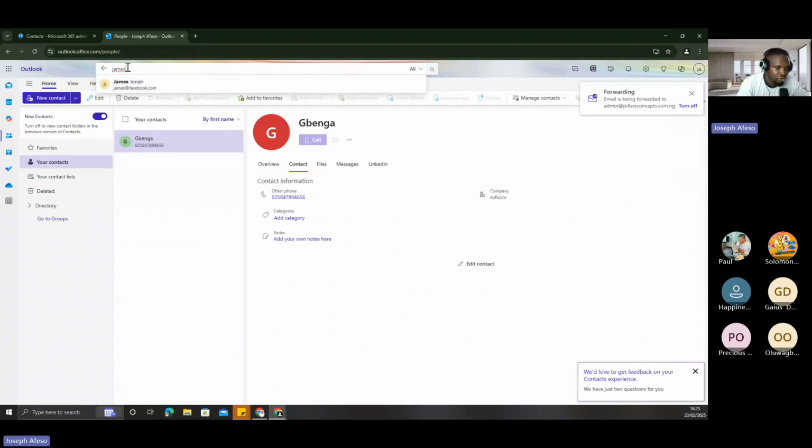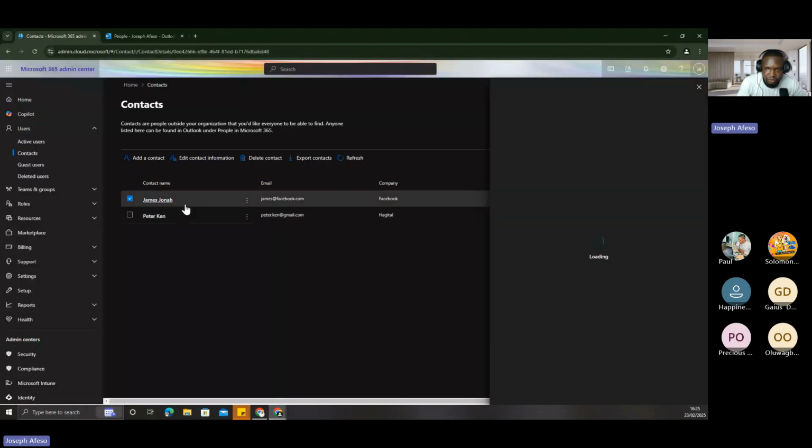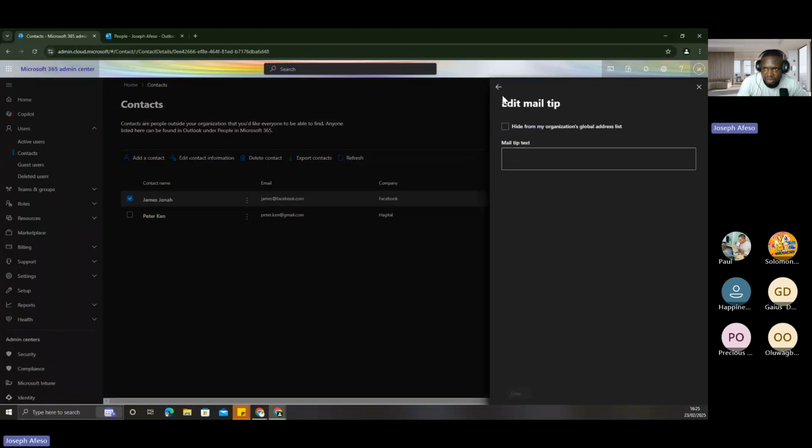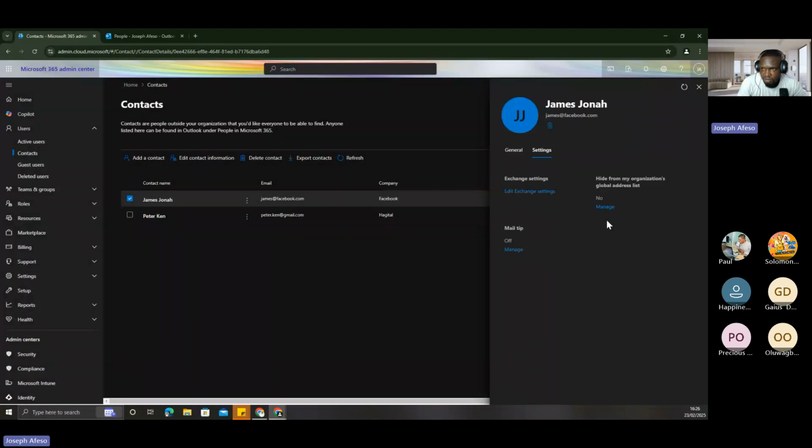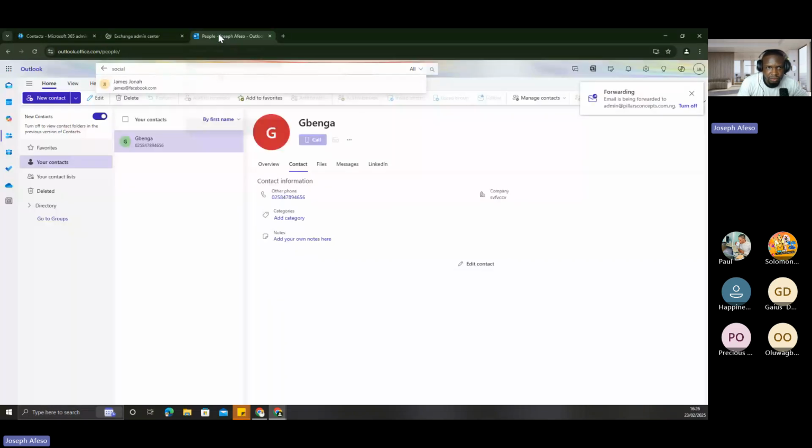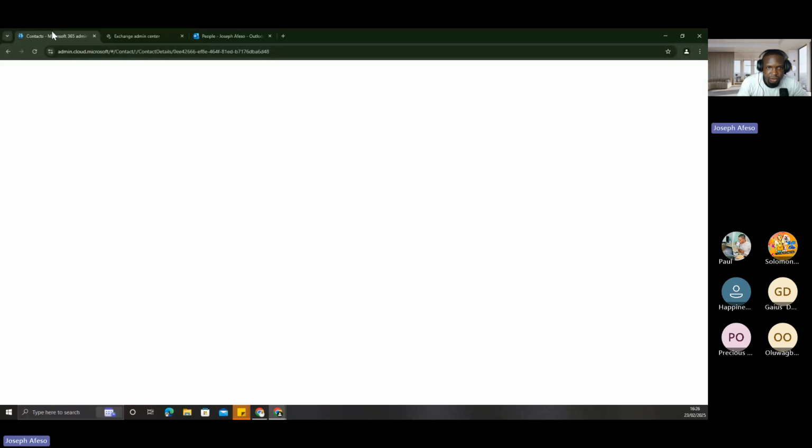Now let's search for social media manager. You see that I'm searching with social and James is coming on board. The reason is the mail tip. If you come to check for Jonah, from settings, if you come to manage, you would see there's a place where Jonah is showing edit settings. I don't want it to open to another page. Let's see what happens there. Nope, I don't want that to happen. So if we come here,